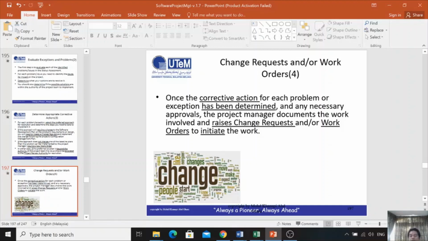That means the change request form will be filled in by the requester, so that we understand what the problem is, what the purpose is, what the objective of the change is. Yeah? So when we accept the change, it will impact the original project schedule. So that's why change request control